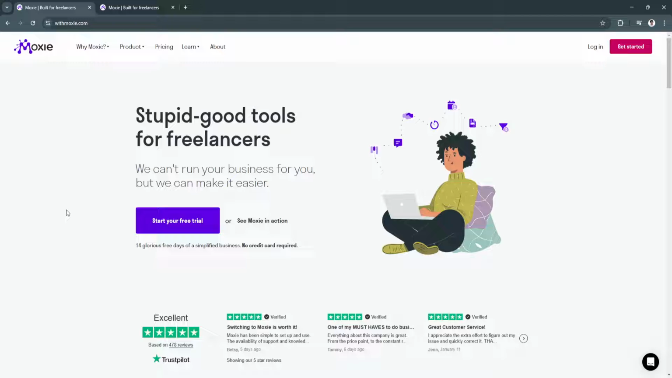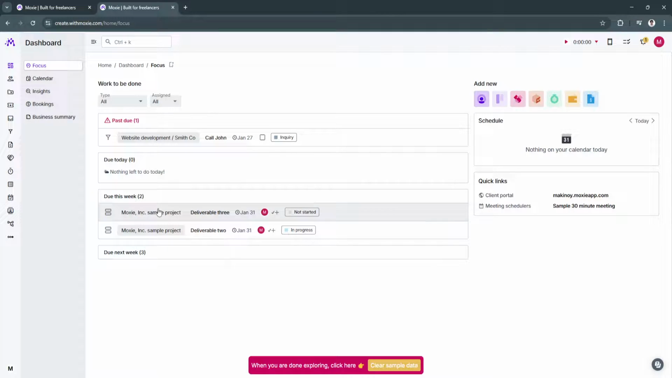So simply head over to Moxie's website, and from here you can start your free trial. So just click here on start your free trial and sign up for an account. After signing up for an account, you will now be redirected here in your CRM or your dashboard. As you can see, when I signed up, I chose to add sample data so I know what the details or the information are